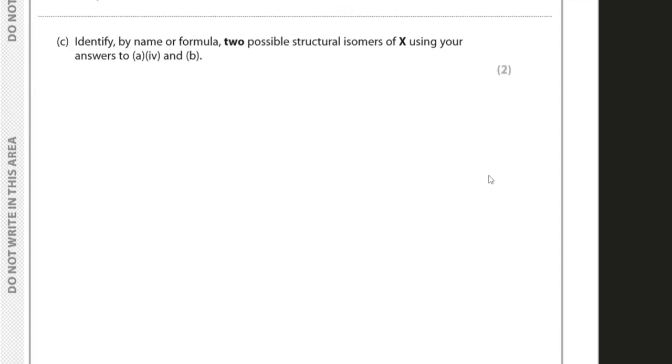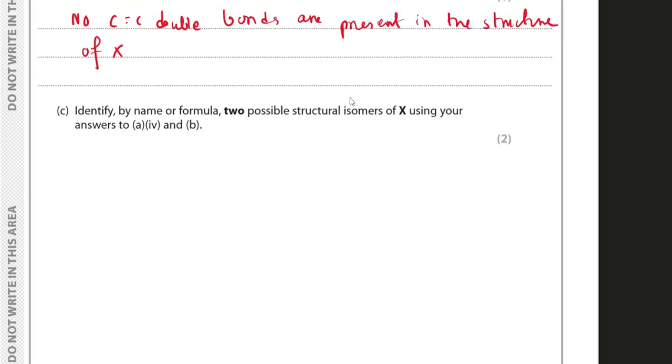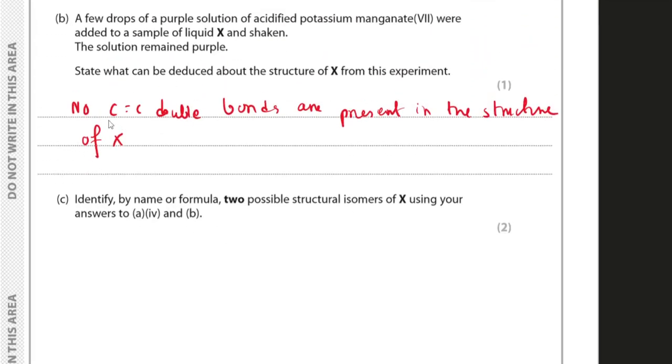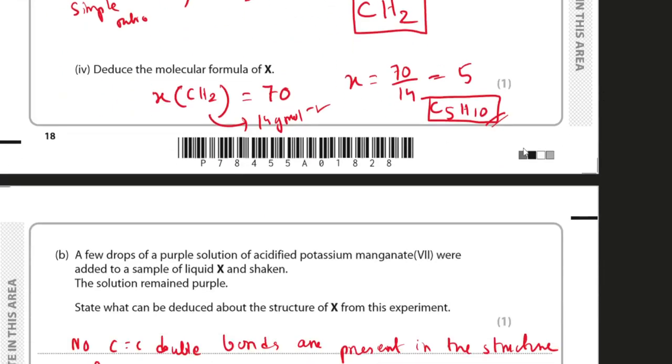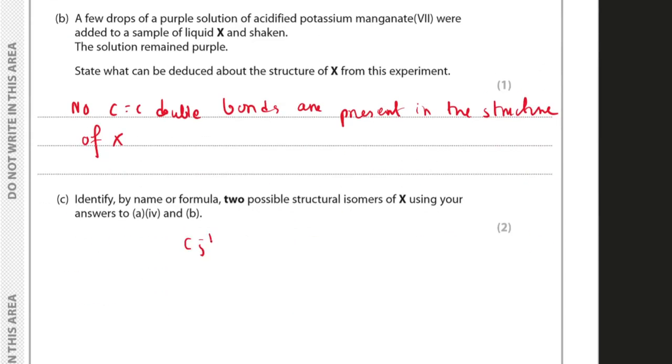Identify by name or formula two possible structural isomers of X using your answers to A4 and B, basically. Now, in order to solve this, if you want to find one possible structural isomer, look at A4 and B. So we know that in B, we stated there are no carbon to carbon double bonds, which makes it not an alkene. And in A4 we know the molecular formula is C5H10,